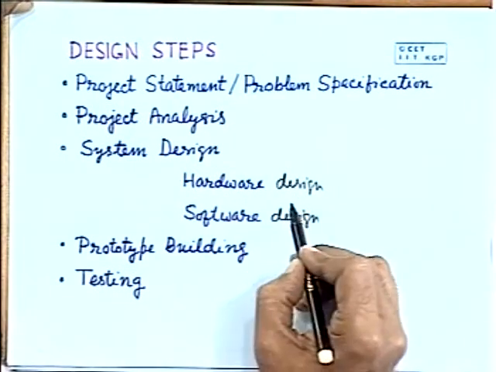And you will find that there is a trade off between the hardware and software design. Some of the subsystems can be implemented either by hardware or by software. To reduce the cost of the system, the hardware should be simple, should not require a large number of chips. So, the lower the number of devices, the cheaper is the system. On the other hand, if you have more software complexity, then the design overhead or the programmer's overhead is more. So, there is a trade off.